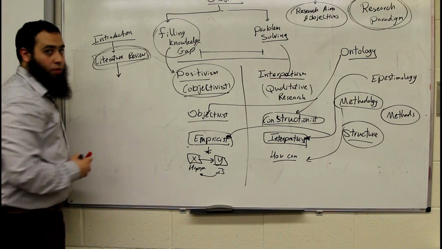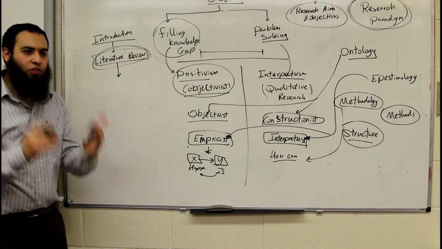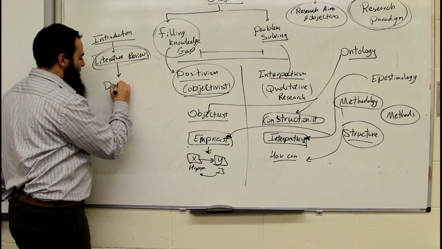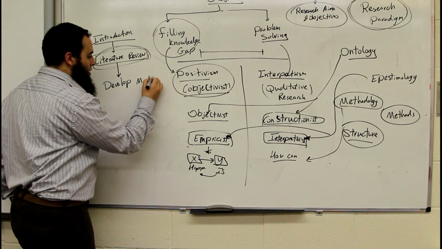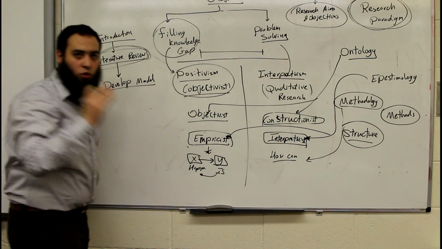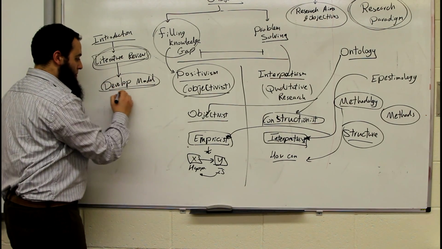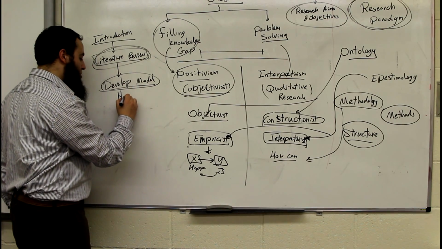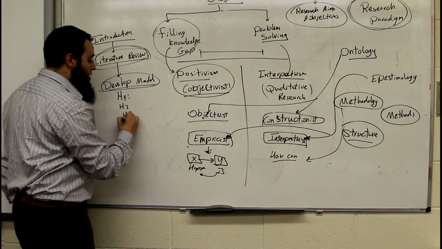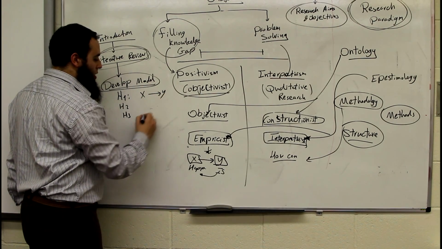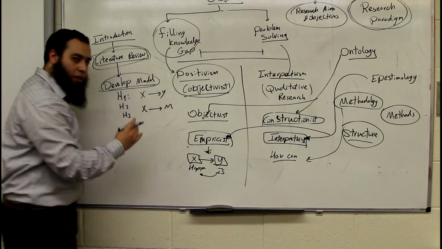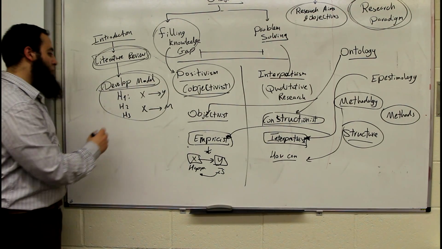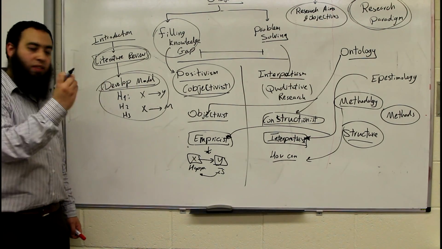After doing the literature review, you try to find the research gap. After finding a research gap, you will next develop a model. What's the meaning of develop a model here? Model here is different from model there. We have talked about that last time. Develop a model means here hypothesis. Testing hypothesis. What's our hypothesis? Hypothesis 1, hypothesis 2, hypothesis 3. Hypothesis what? Relationship between X and Y, K and M, and the relationship between different concepts. After developing hypotheses, which are rooted in the literature review,